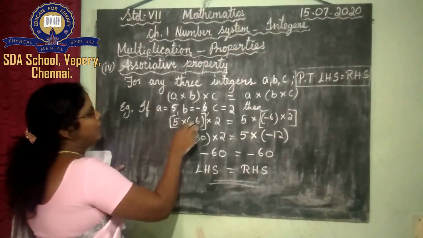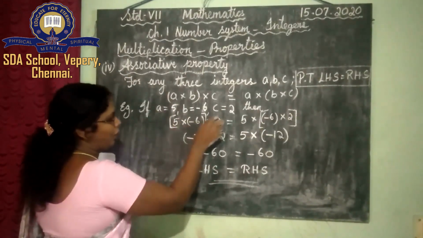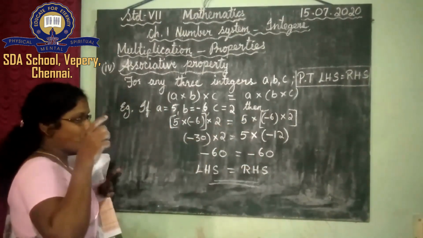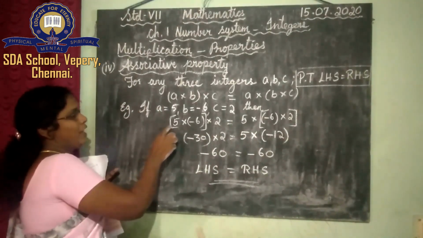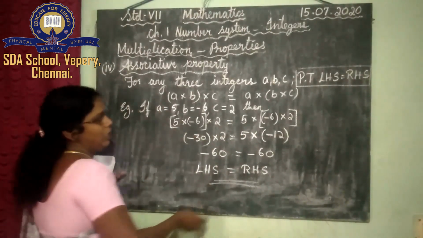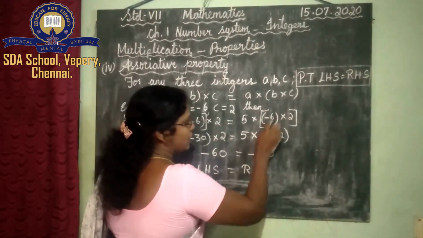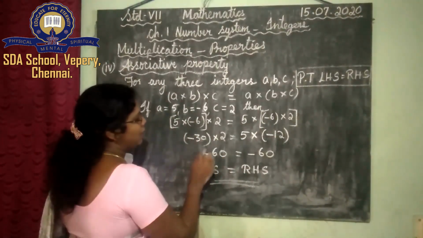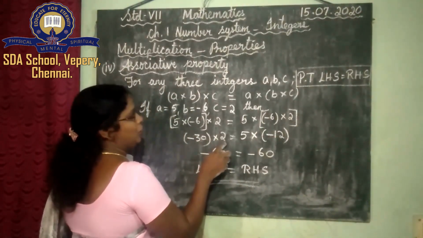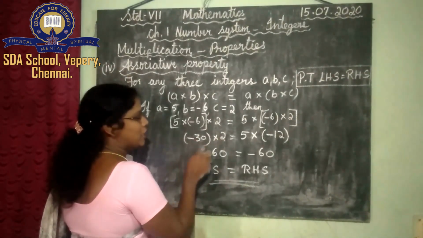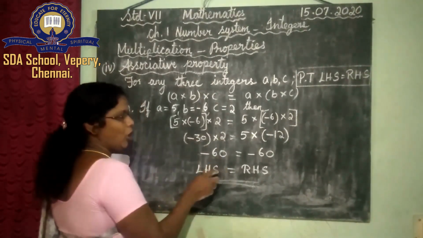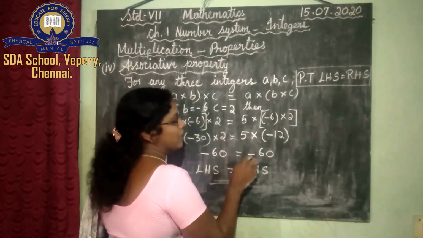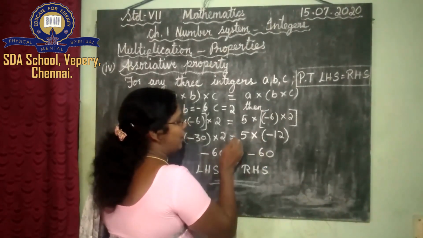Plus into minus, minus 5 6s are 30, multiplied by 2. Here 5 I am keeping as it is. Whatever is there in the bracket, that one I am solving first. So here minus 30. Here I am solving this one: plus into minus, minus 6 2s are 12. Now we'll solve: 2 zeros are 0, 2 3s are 6, so minus 60. You all know the fifth table. 5 12s are what? Yes, 60. But what is the sign? Plus into minus is minus.